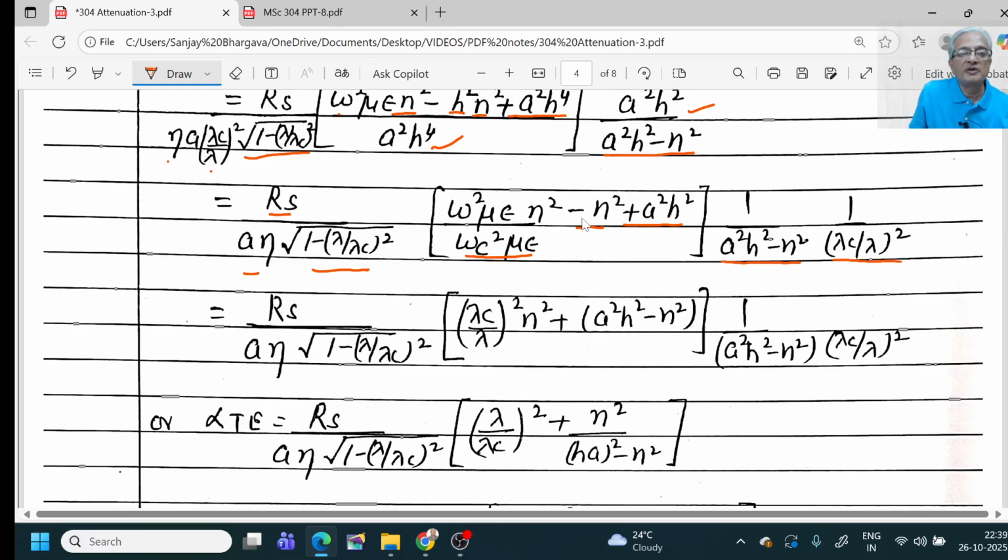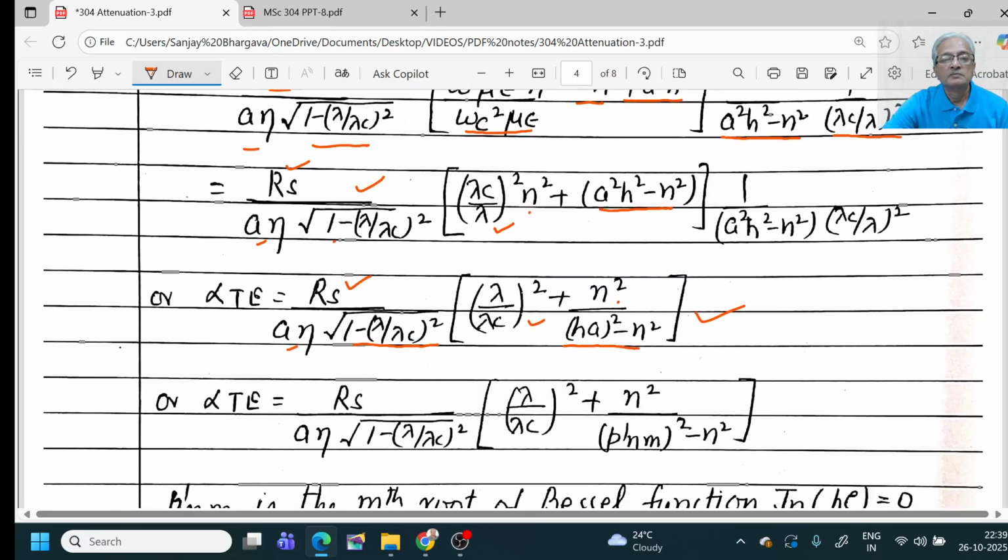On simplification, I obtain R_s upon a η. The first term remains the same. This would become (λc/λ)² n² plus a² h² minus n². So simplifying, I obtain R_s upon a η under root of 1 minus (λ/λc)², (λ/λc)² n² upon (ha)² minus n². This gives me the attenuation constant for